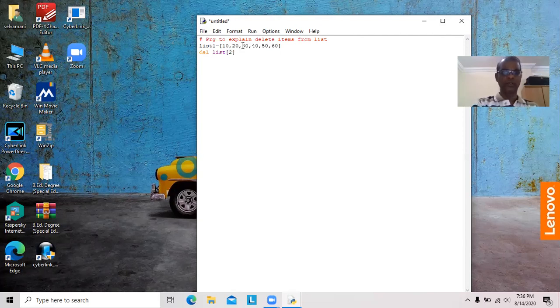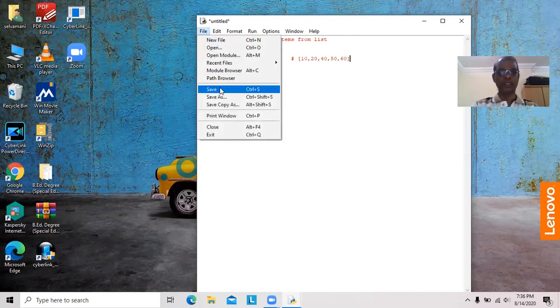Now we will see list1. Now our list should contain 10, 20, 40, 50, 60. 30 is removed. This is the second element, second location or second index: 0, 1, 2. I will save the program and then run the program.